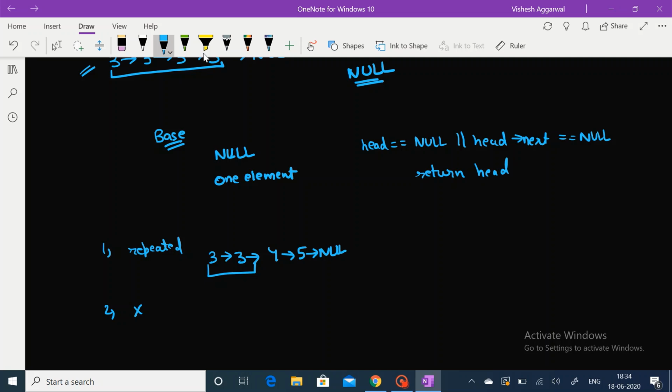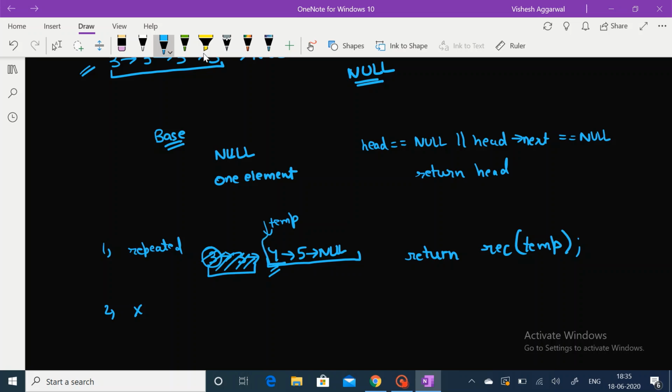We will iterate forward until we get a node which has a different value as compared to the head value. Suppose this node is temp. Then we will just return the recursive function that we are writing of temp. In this way, these two nodes are ignored and our function will return the effective linked list which we get from here onwards.